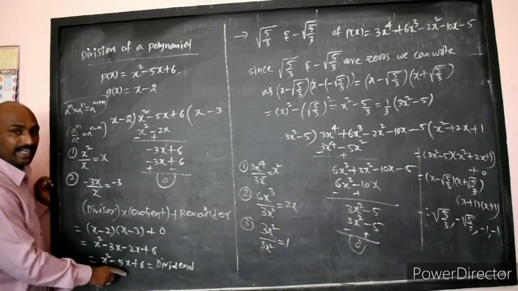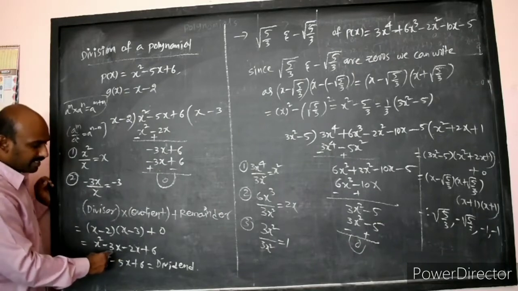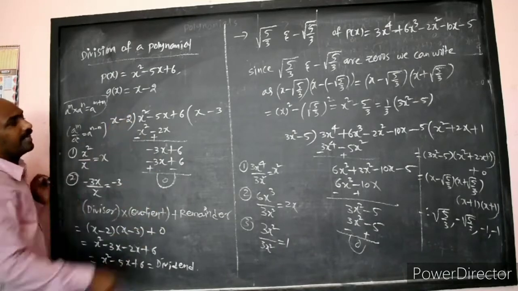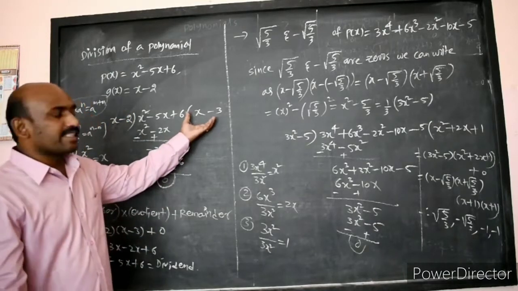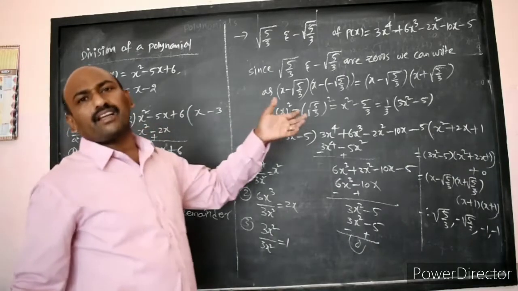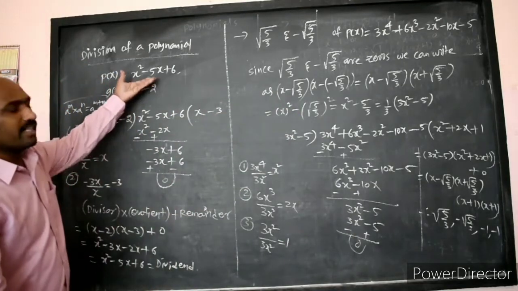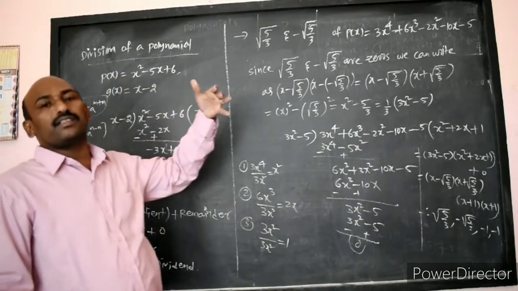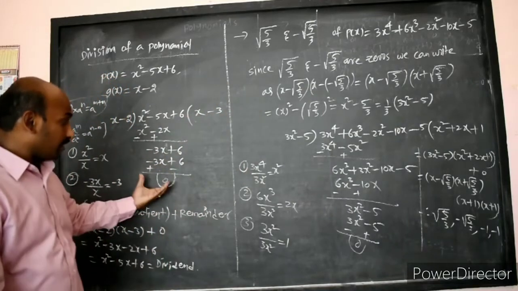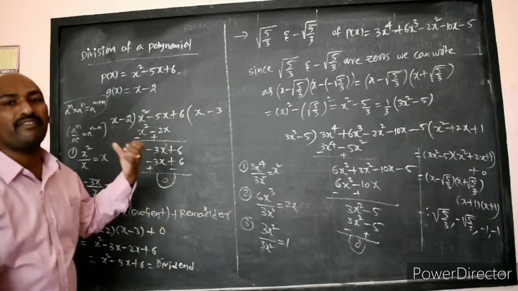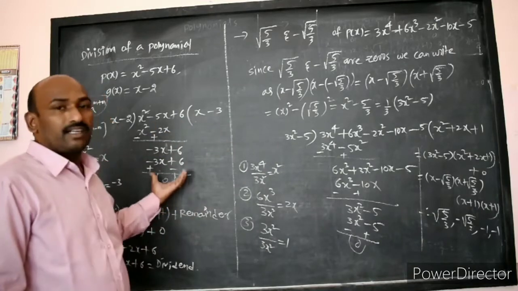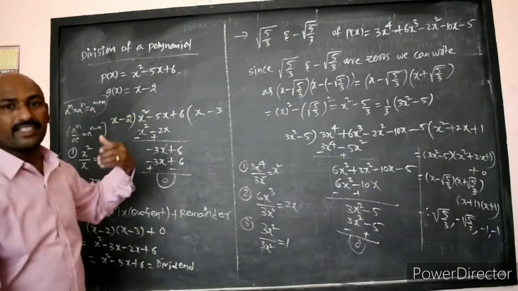Then we get the dividend. If you simplify this, minus 3x and minus 2x are like terms, we can add them: x square minus 5x plus 6. That is nothing but the dividend. Then the quotient is x minus 3 and the remainder is 0. And one more concept they can ask: divide the polynomial x square minus 5x plus 6 by x minus 2, and check whether the second polynomial is a factor of the first or not. Whenever the remainder is 0, it will always be a factor. Otherwise you will get some constant remainder, or a remainder in terms of x. Based on the degree we can check.